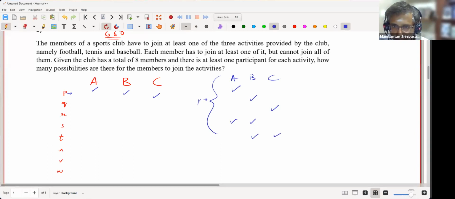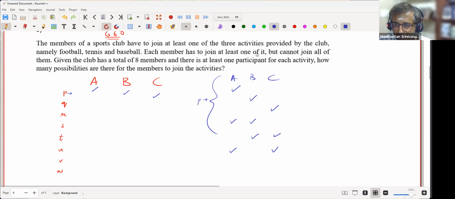Okay, or A and C. That's the 6 you're talking about, right, Sharma? Okay, so these are the 6 ways in which P himself can choose. Okay, so if the problem were a much simpler problem, saying each person can choose exactly like what it said,